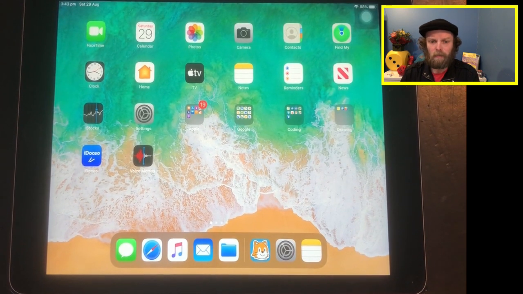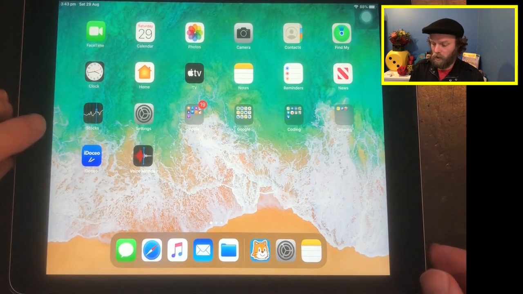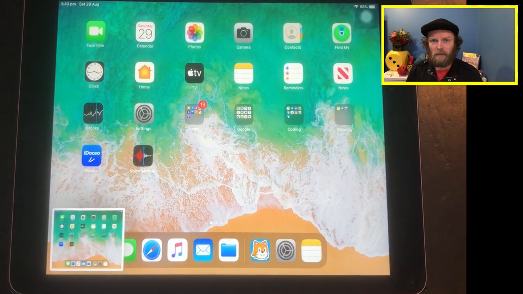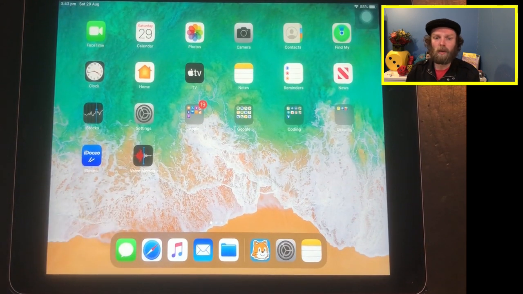Second thing is screenshots. Now, the general way we do screenshots is by holding down both these buttons at the same time. Sometimes that's a little bit of a pain if you've got a harder case or you find it hard to manage the two buttons. So there is a little hint that you can use that I really like. It's called Assistive Touch. So we go to Settings,